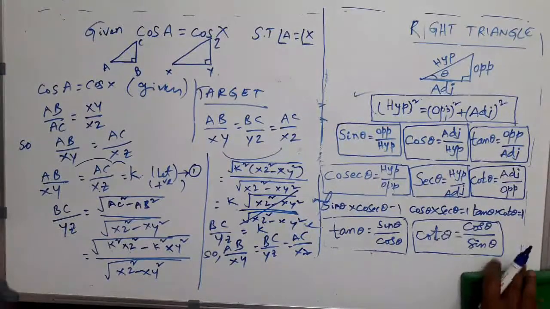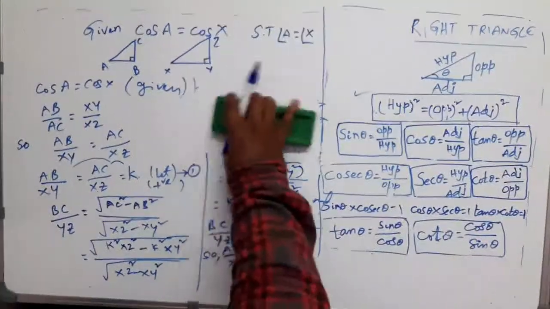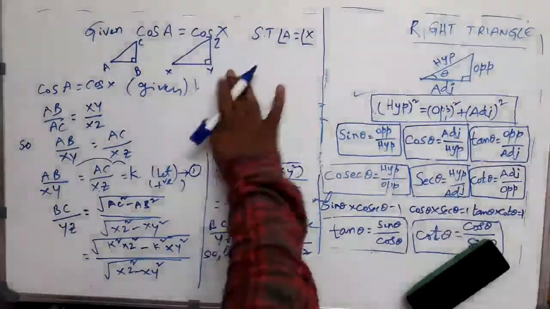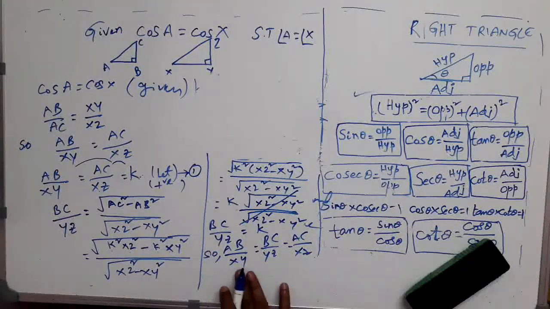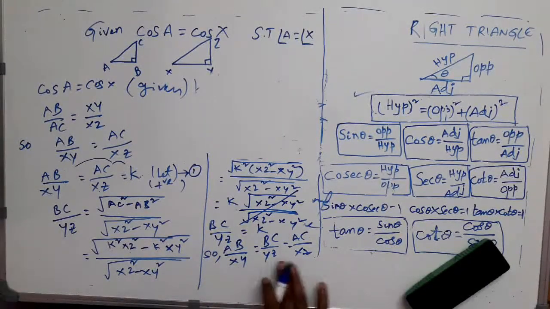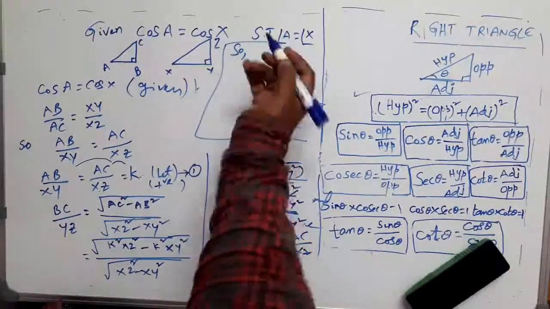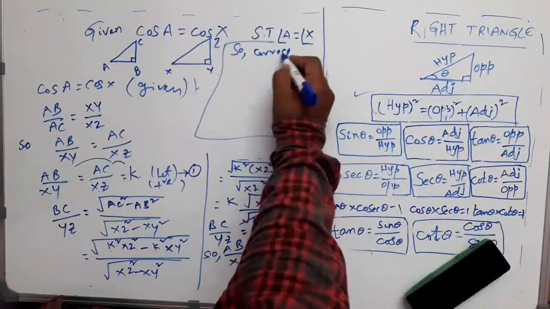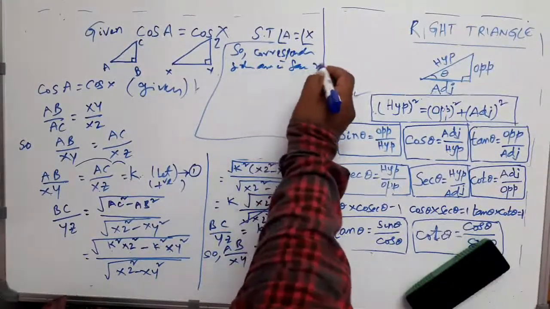My target is reached, accomplished. Of course, don't write this target in the examination, right? For better understanding only, I have written like that. So this relation you have got now. So what can you say from this? Corresponding sides are in same ratio. This next part, of course, I am writing here. So what we can write? Corresponding sides are in same ratio.